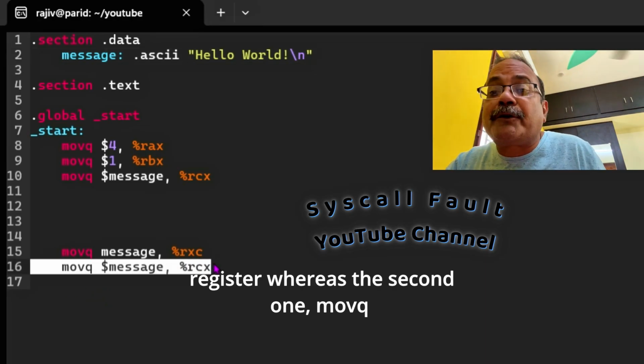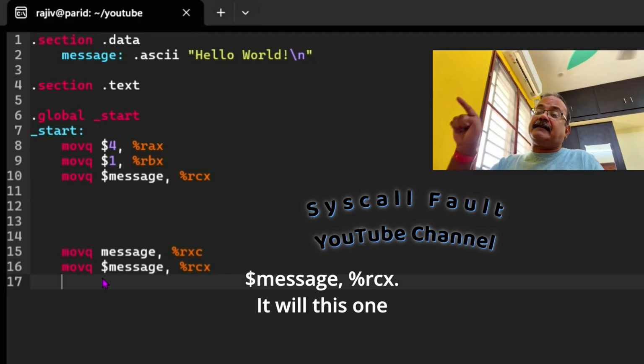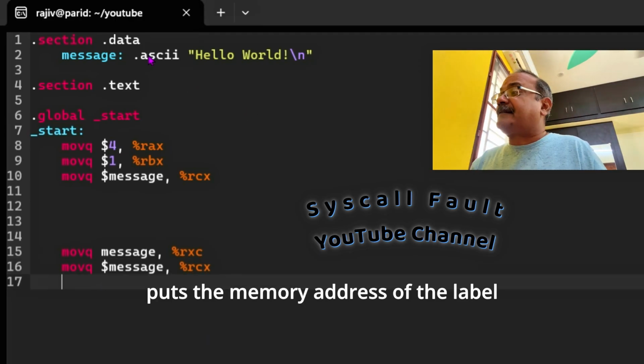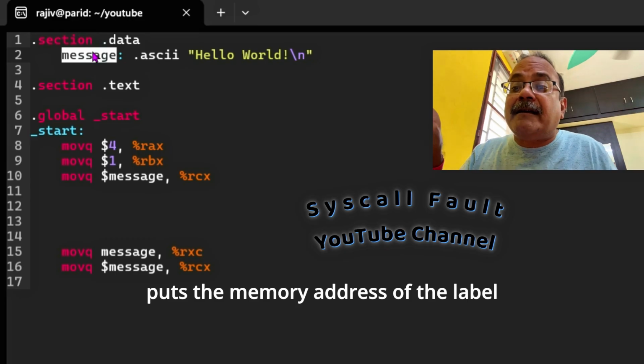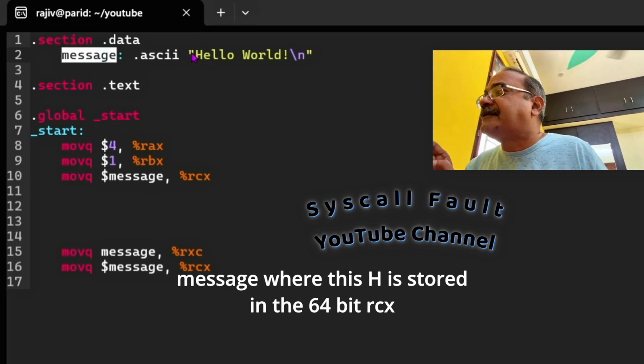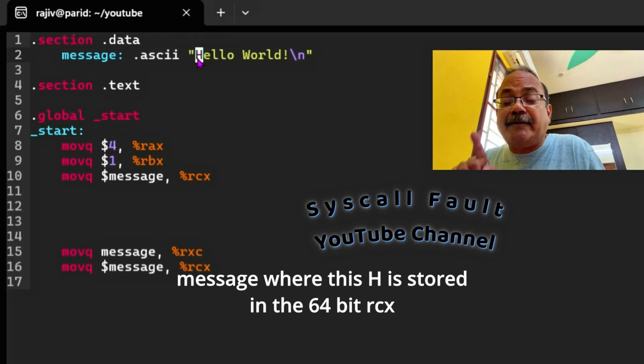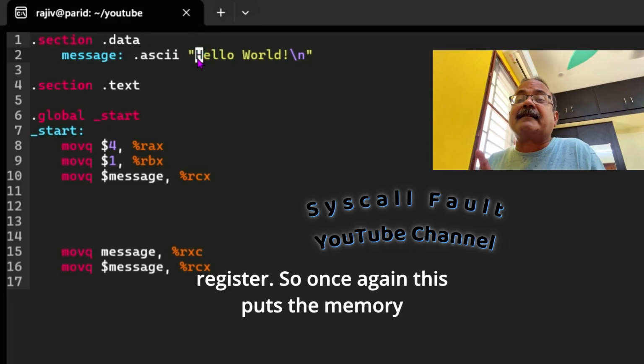Whereas the second one, movq $message, %rcx, puts the memory address of the label message, where this H is stored, in the 64-bit RCX register.